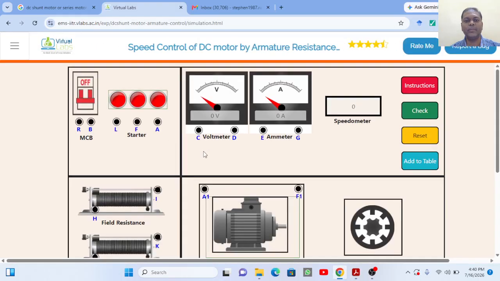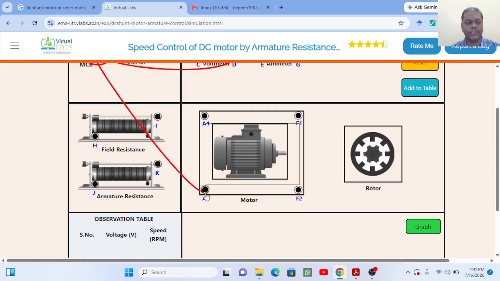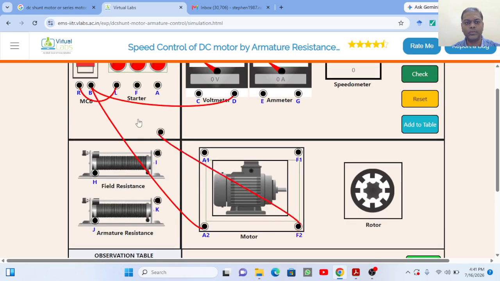This is the simulation part. Based upon the circuit diagram, we are going to give the connections. We are going to give the connections from R to L, B to D, again B to A2 armature winding, again B to F2, again F2, that is starter, F2 E and A2,